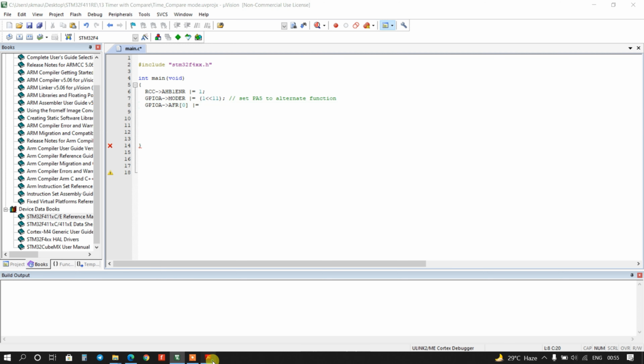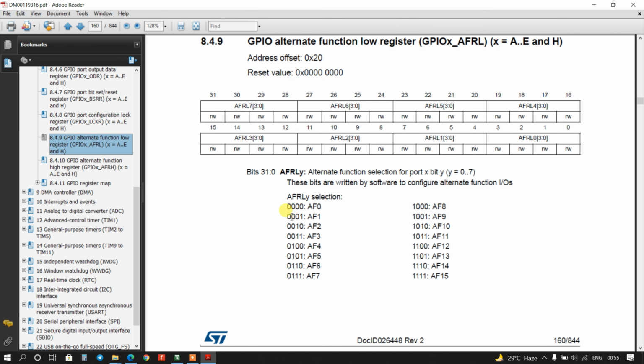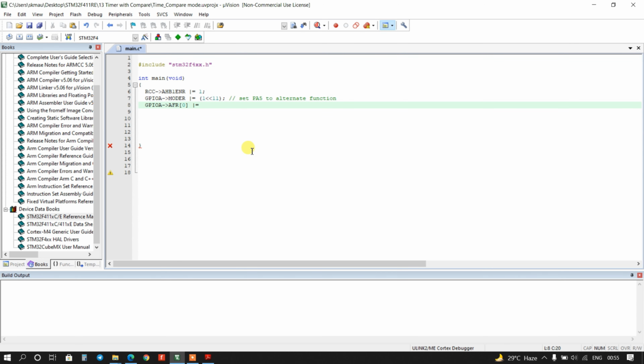This is AF1, so for the 5th pin it will be 0001. So only the 20th bit will be set. So it will be 1 left shifted by 20.